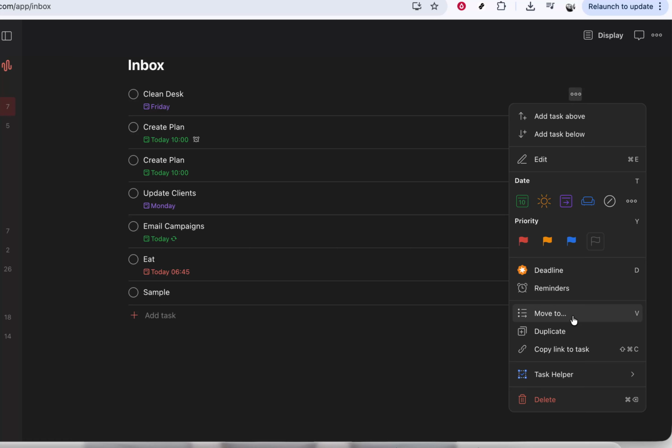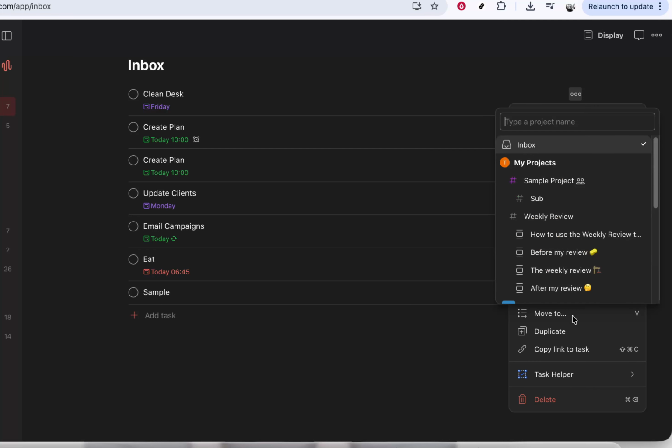After you click the 3 dots, a menu will appear. From this list, look for the option that says Move To. This wording might be followed by an ellipsis, which simply means you'll be choosing a destination next. Click on Move To. The moment you select Move To, Todoist will show you on-screen prompts to guide you through